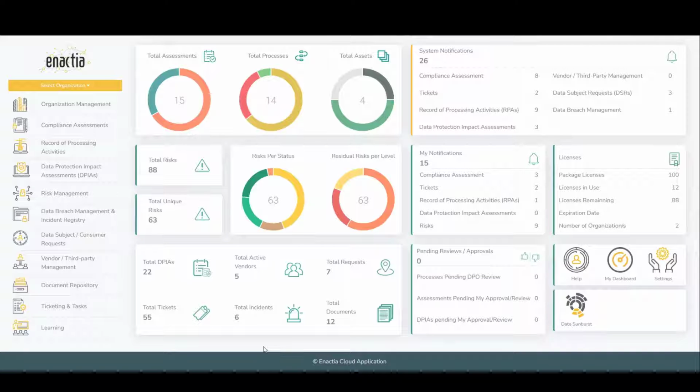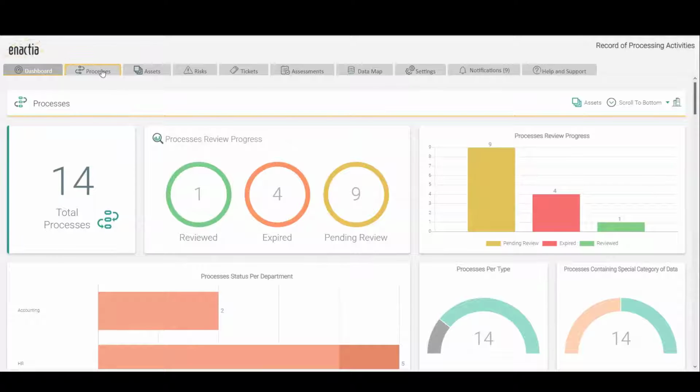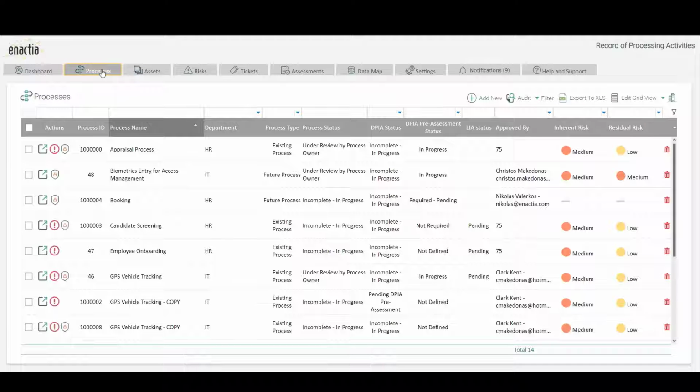In this new release, we have introduced some significant features that enable you to take advantage of the full capabilities of Enactia. Firstly, let's go to the record of processing activities module. Under our ROPA or RPA, record of processing activities, and under the processes tab, we have introduced a new